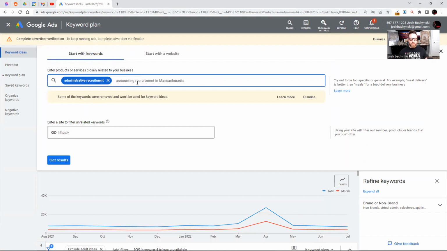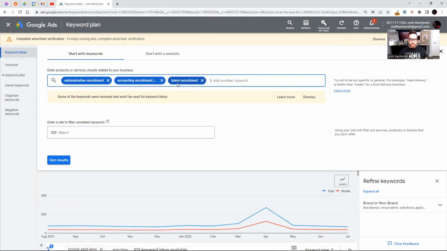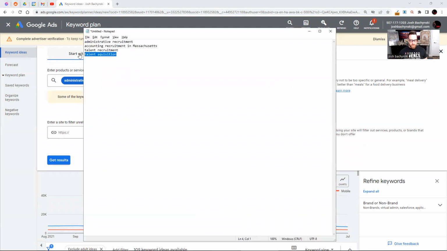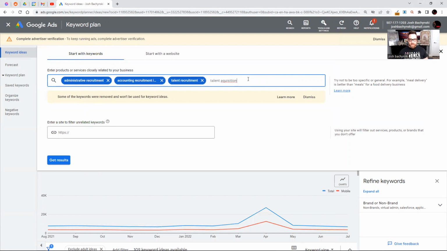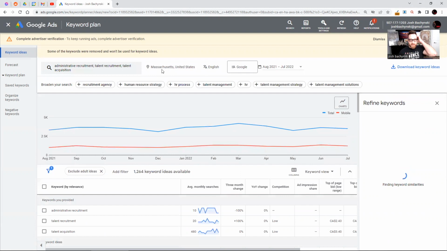And there's a place you can put in multiples. I'm just going to do this later for now because I'm lazy. You can put in this. And you're going to put in this. And again, position, make sure it's spelled right. I'm going to say get results. And we're limiting it to Massachusetts.